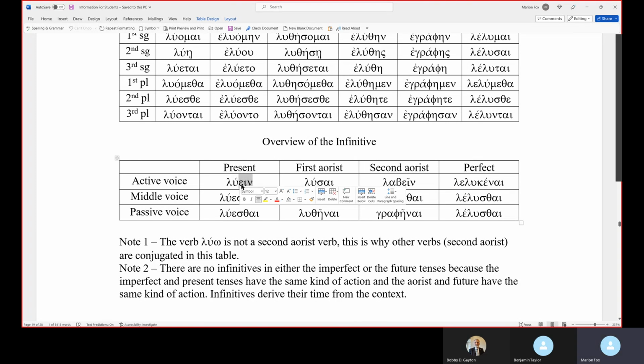That's kind of tricky. That's what I'm saying. You need to be aware of that, so that you don't get caught up in that. You see that and think it's present tense, present infinitive, but that's aorist and that's present. Same last three letters, but the accent marks are different. Does that help? Everyone okay with that? Any questions?